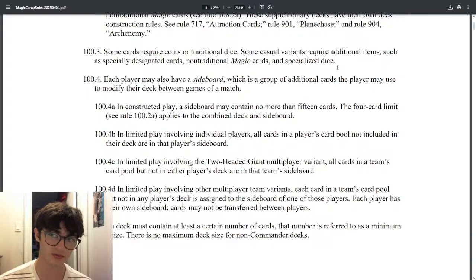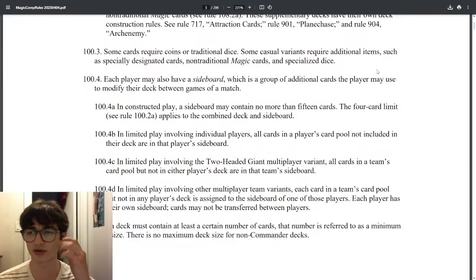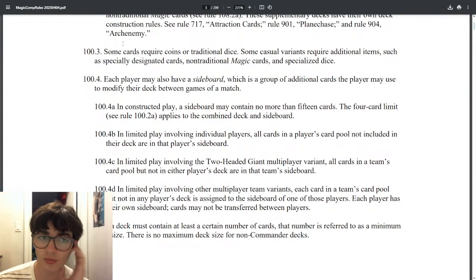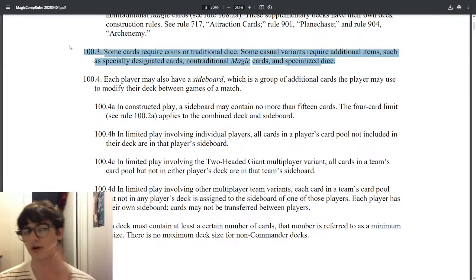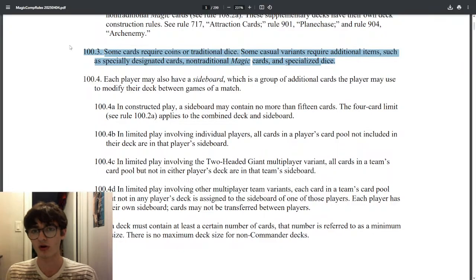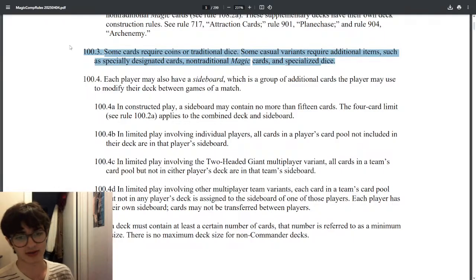I don't know why this rule specifically is very strange, because there is no point, and this is something that you could argue about with all forms of law that exist in the world, because at some point somebody wrote this because it was true. If you're playing Magic in a perfect world where all rules are followed that can be followed, and all rules can be followed because there is some entity allowing you to do that, or you just have access to everything you need, then of course you would adhere to Rule 100.3.